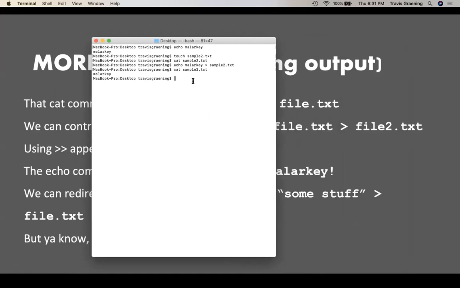So I created a file earlier today that was called sample. So let's see what's in sample.txt already. There's just a bunch of sort of random lines in there and it ends with the word golly. So let's say that I want to append to the end of the